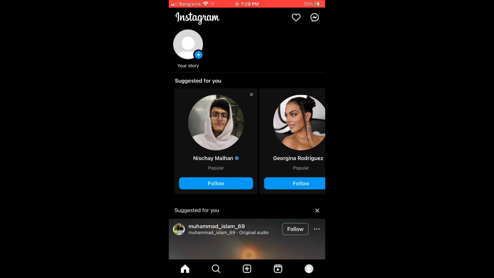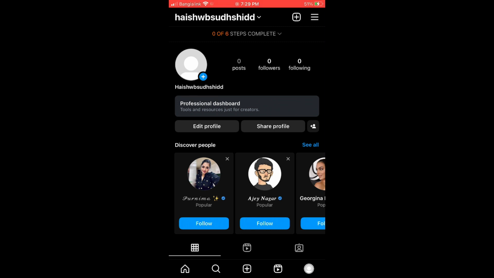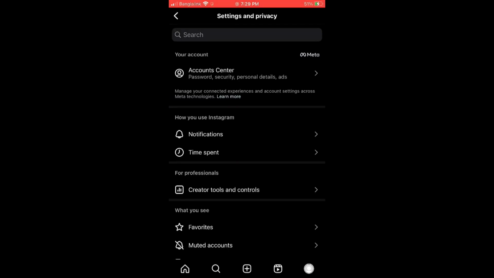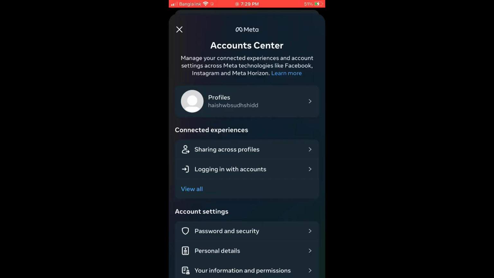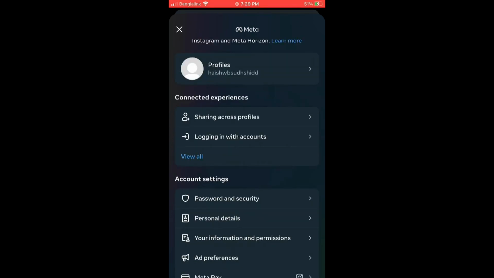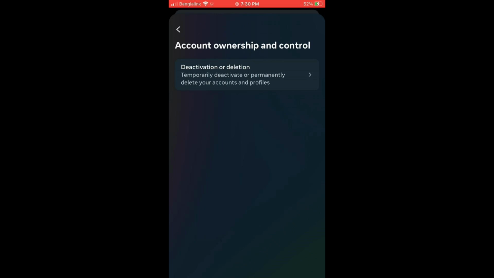First of all, tap on your profile on the bottom right corner, then tap on menu on the top right corner, select settings and privacy, then select account center, scroll down and select personal details, click on account ownership and control, then deactivation or deletion,